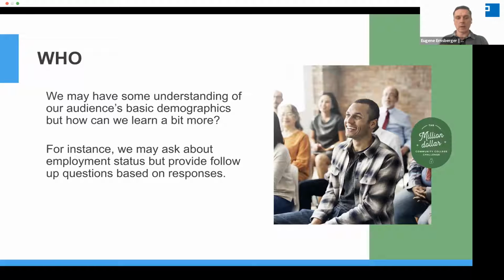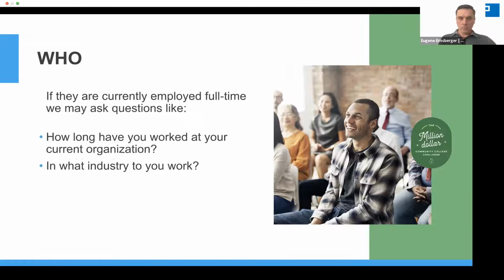So for instance, we probably have some data already about employment status, but we can ask about employment status and then provide some follow-up questions that give us a little bit deeper insight. If they answer that they're currently employed full-time, we can ask questions like, how long have you worked at your organization, to understand their relationship to their career and loyalty. We might ask what industry they work in so that we can eventually look for patterns between where people work and what they gravitate toward when they come to our website